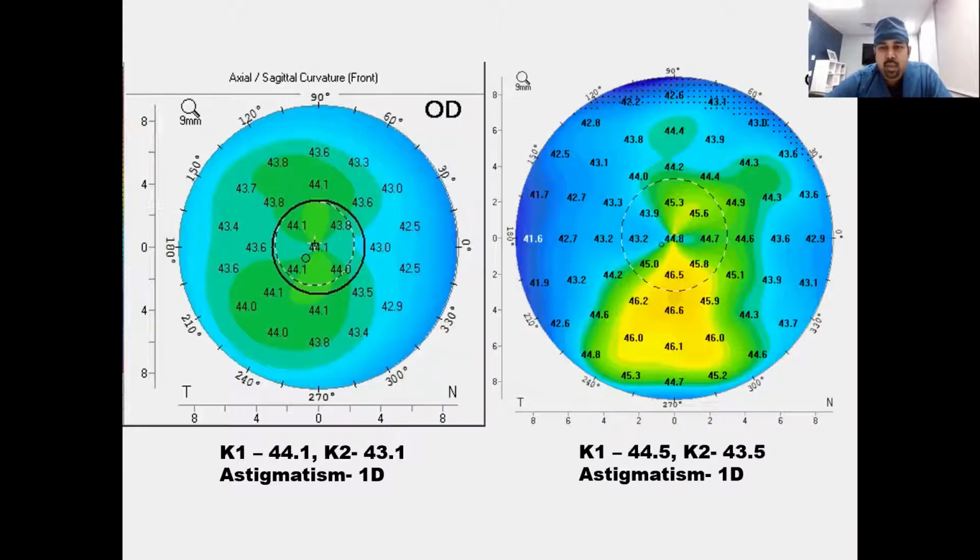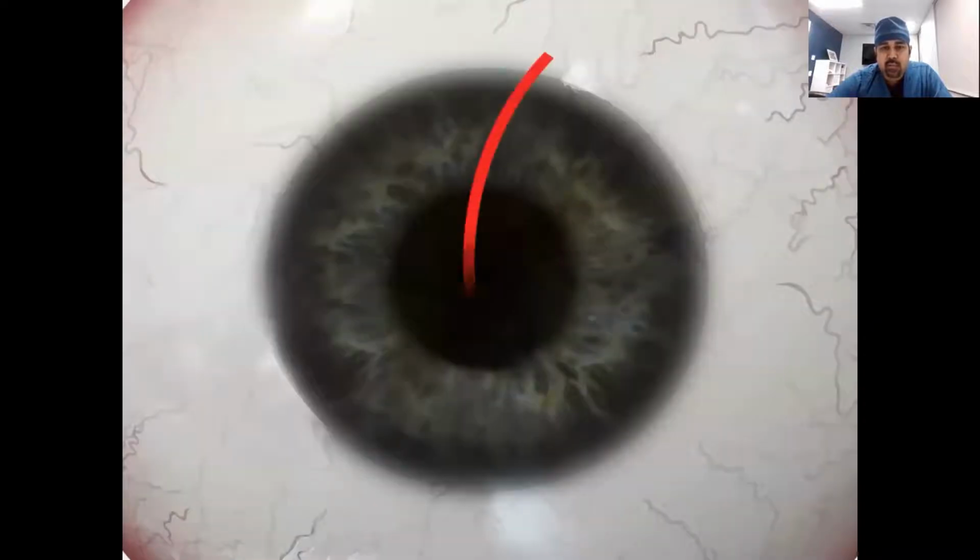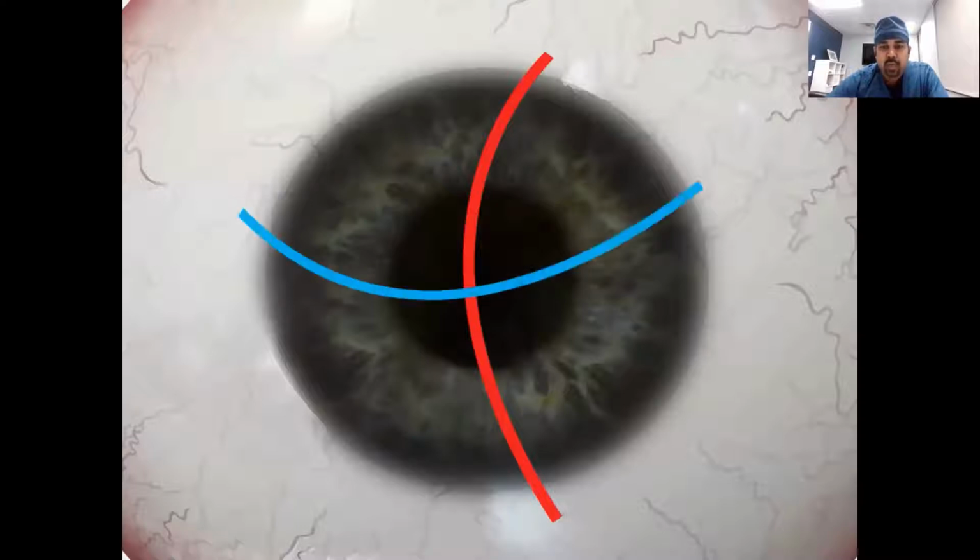So basically what is here is the K1 in the left image is an average of say 44 and 44.2, which gives an average of 44.1. Whereas in the right image, the K1 is an average of larger differences. As in if you look at these two upper halves of the same meridian, if the values are similar, then the difference between these two meridians would be called an astigmatism, or a second order astigmatism, or a cylinder in common.